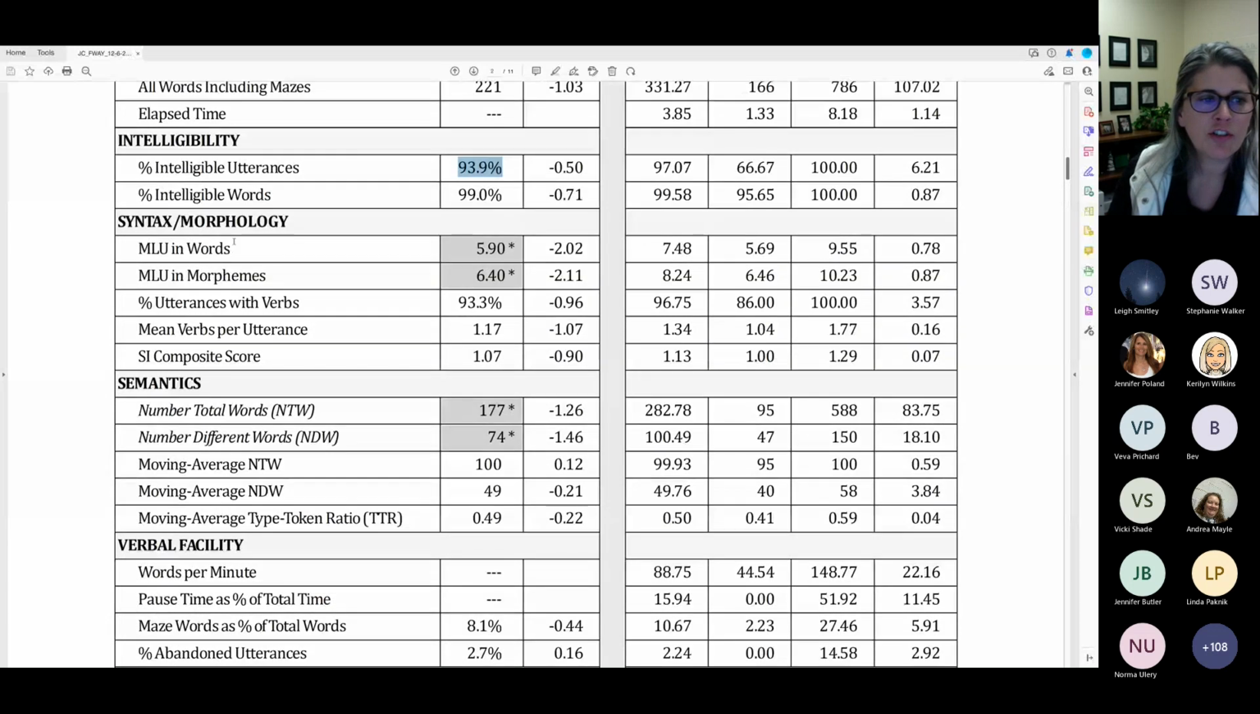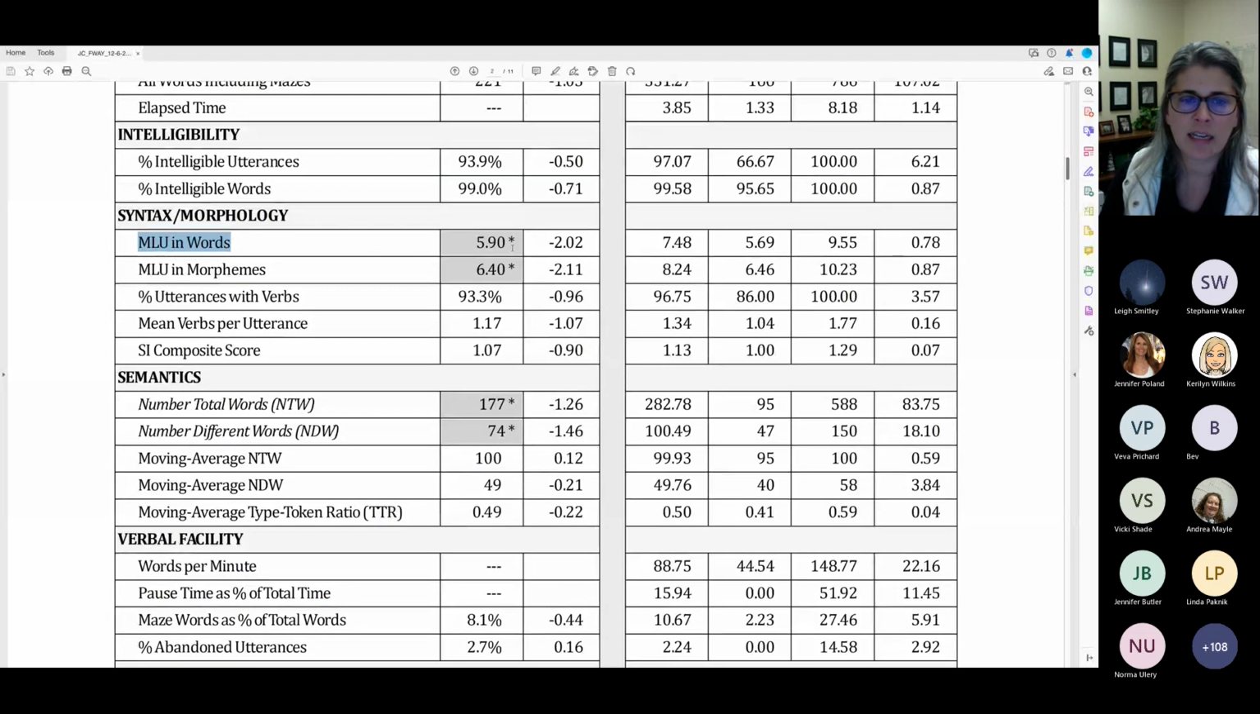Okay, so measures for syntax and morphology that you may want to pay attention to. We've got MLU in words, just to remind you what that stands for: mean length of utterance, or average length of utterance. I also sometimes think of it as the average length of the sentence. In this case, it's in words, and you can see that his average sentence length was 5.9 words a sentence. That was more than 2 standard deviations lower than the